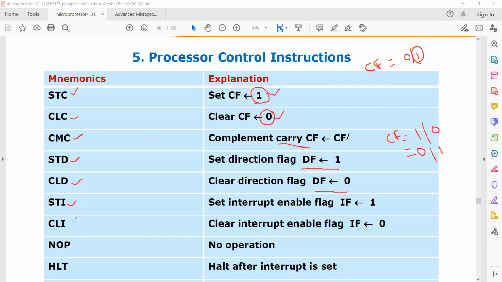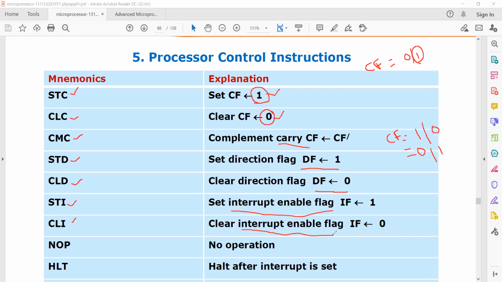Next are STI and CLI. These two instructions deal with the interrupt flag. I told you what an interrupt is, with an example, in the previous classes. Try to recollect that, or else we are going to deal with the interrupt concept very deeply in the coming classes, so do not worry.